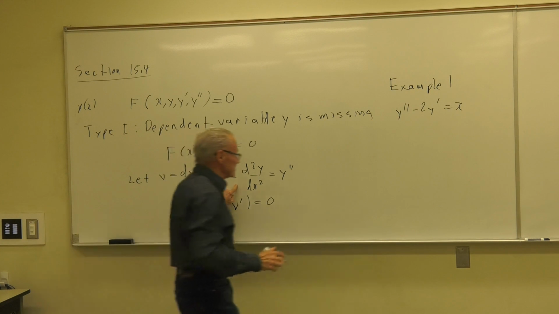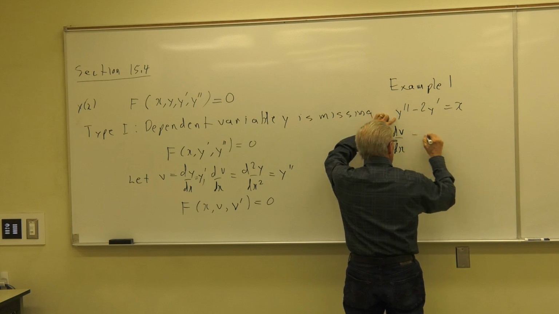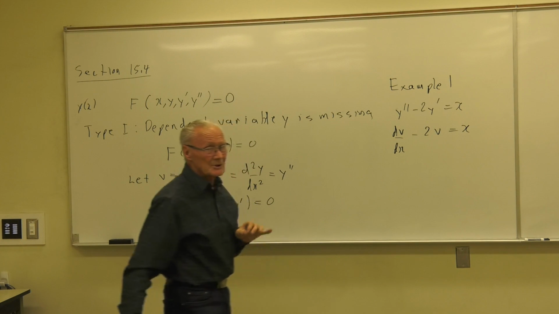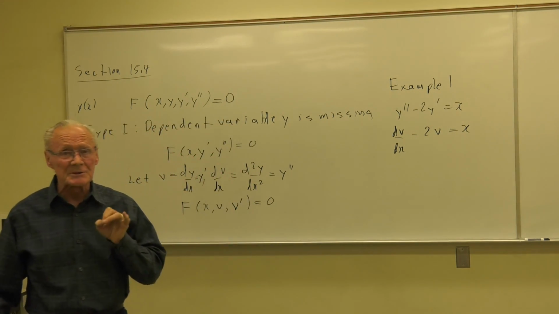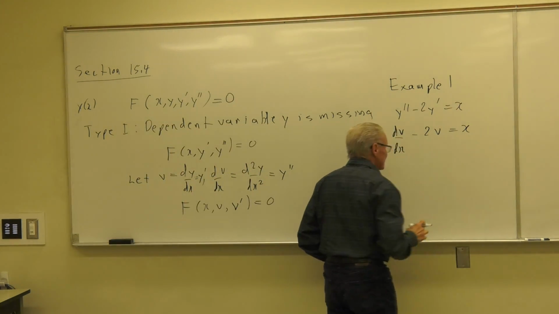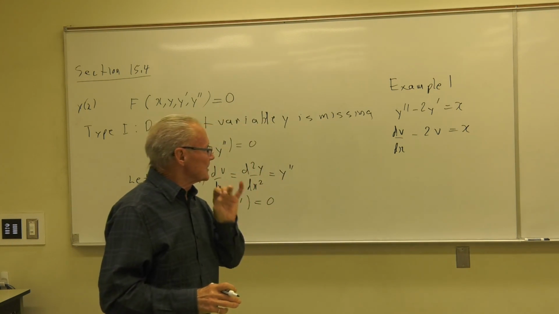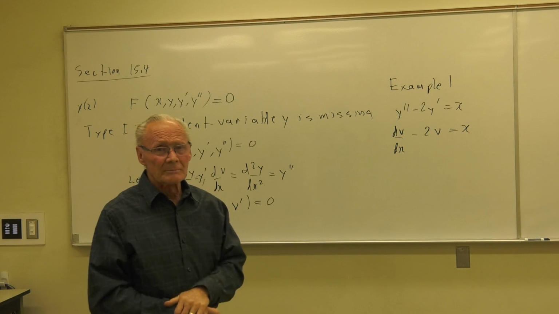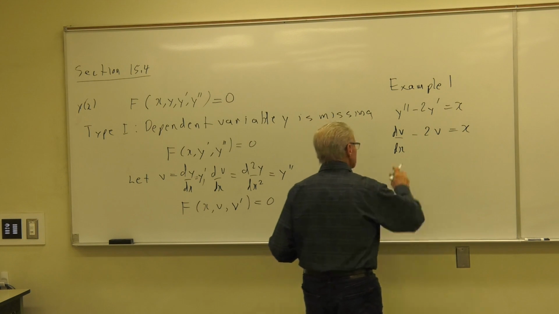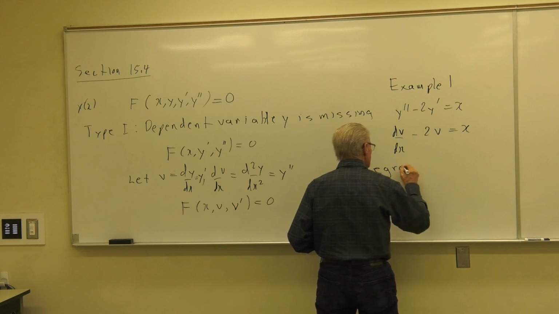So if we make these substitutions, in for the y double prime, we put dv/dx. In for the y prime, we put v, and the x stays by itself. So now we're down to solving a first-order differential equation for v as a function of x. And we ask, is it of the type that we're familiar with? Well, we're familiar with two types, separable and linear first order. Is it separable? No. Is it linear first order? Yes. Well, that's true, and it's in the requisite form, so we can say an integrating factor